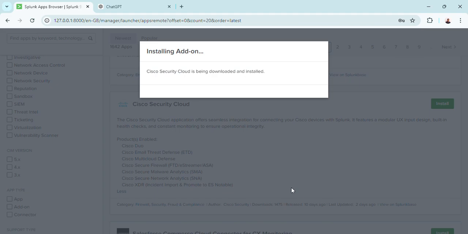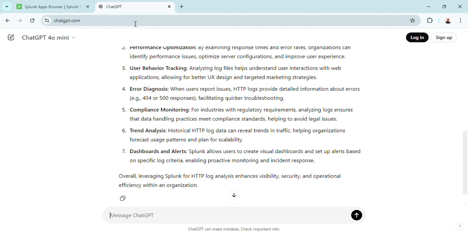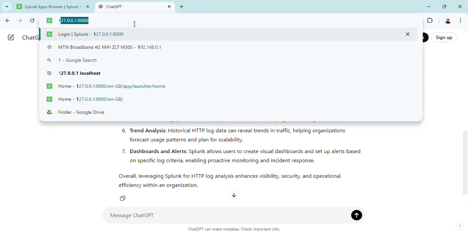So once that is done, it will start being downloaded and installed, so that we have successfully added a plugin. It is installing, so we just need time to wait for it to complete. While we are waiting, let's move on to the next one, which is